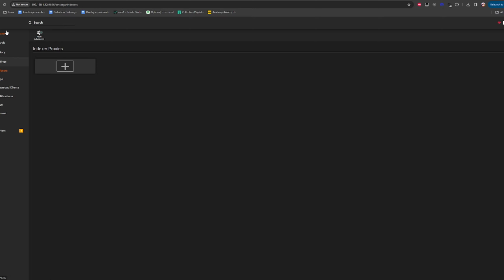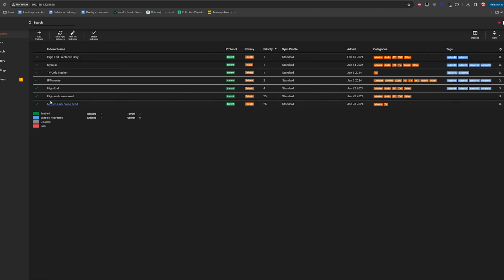As it relates to Prowlarr, what it means is that these indexers will only sync up with whatever tags they have on them. So if the application has a tag Radarr 4K, this high-end Freeleech only indexer is only going to add itself to Radarr 4K and Radarr HD. Notice Sonarr 4K, Sonarr HD is missing from that indexer specifically. I'll explain why in a little bit more detail later.